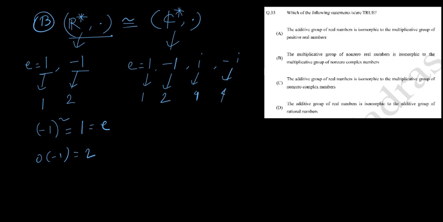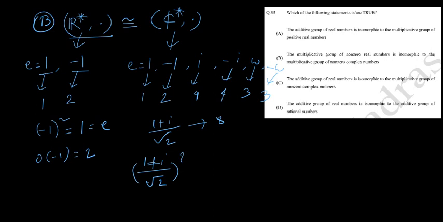The order of omega is 3, because omega cube equals 1, and the order of minus omega is also 3. And (1 plus iota) by root 2 is also a finite order element. Its order is 8, because (1 plus iota) by root 2 to the power 8 equals